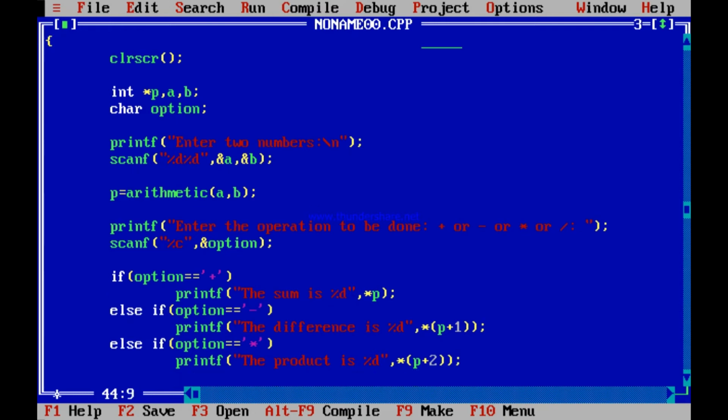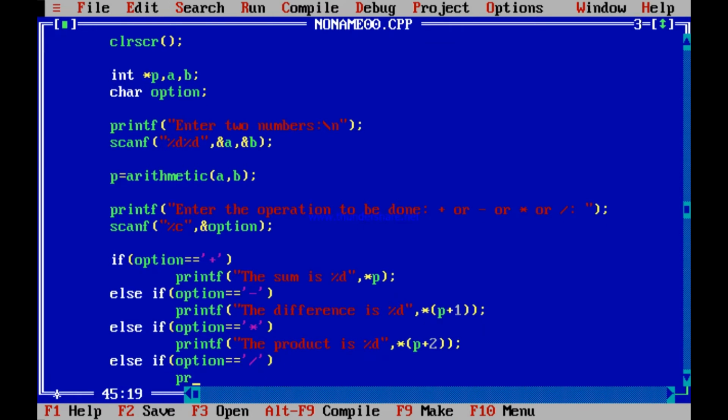And finally, else if option is division, then what is to be done? You just need to write printf, the quotient and the remainder, please understand, and the remainder.